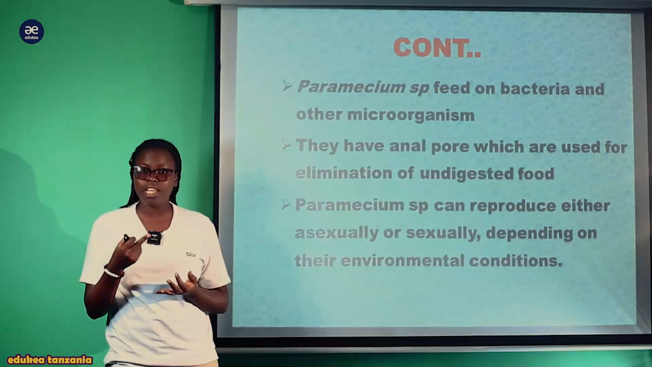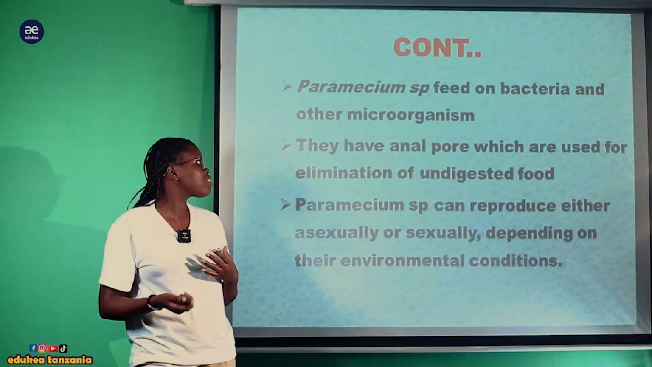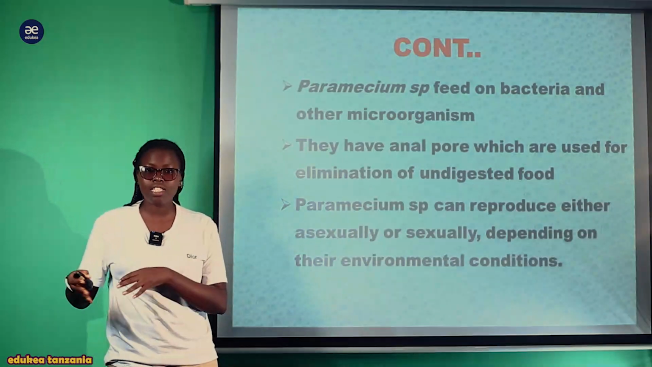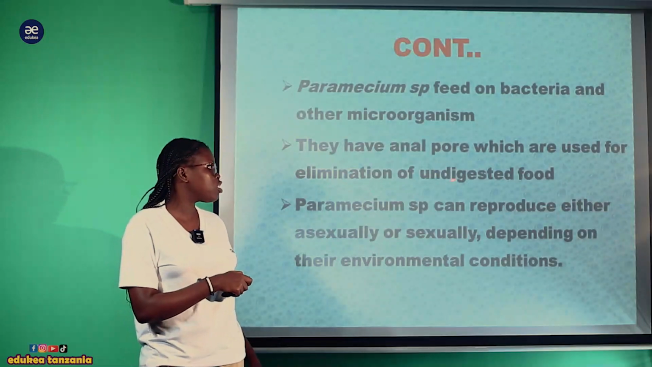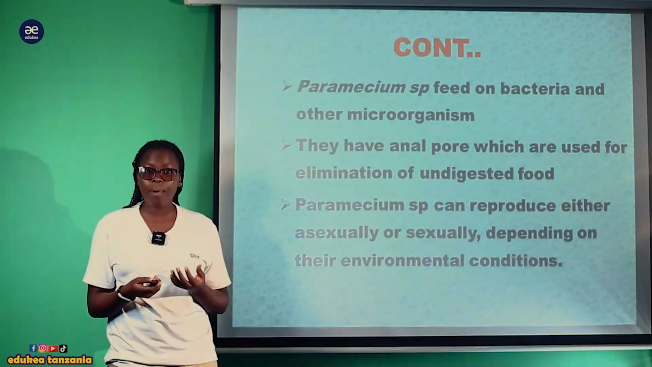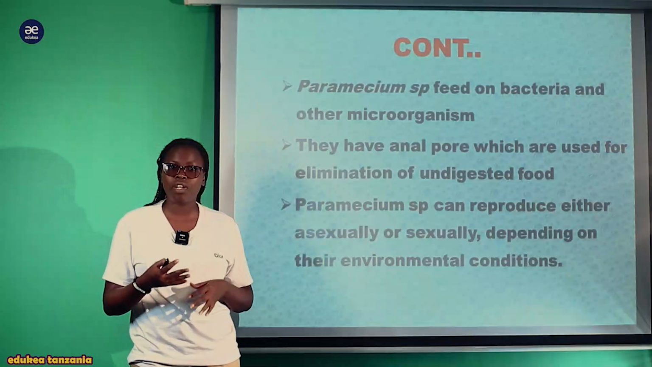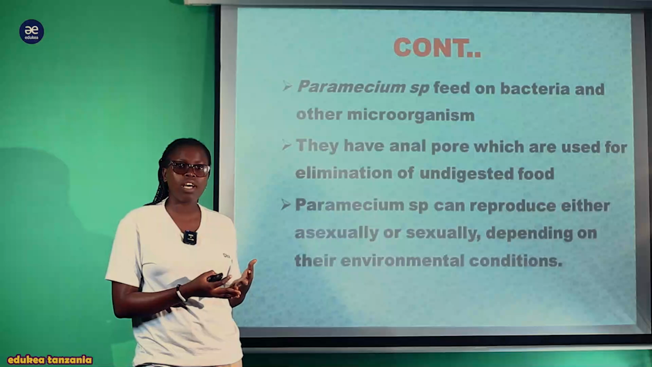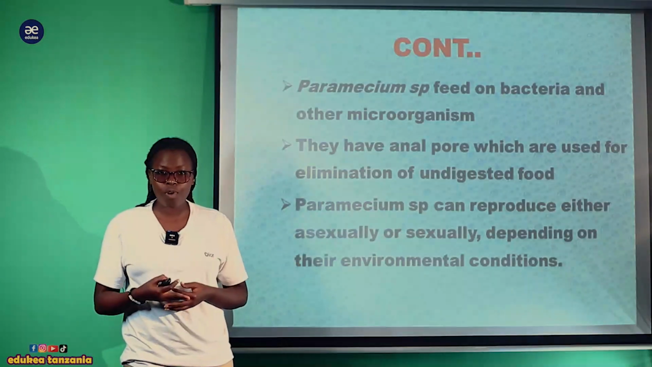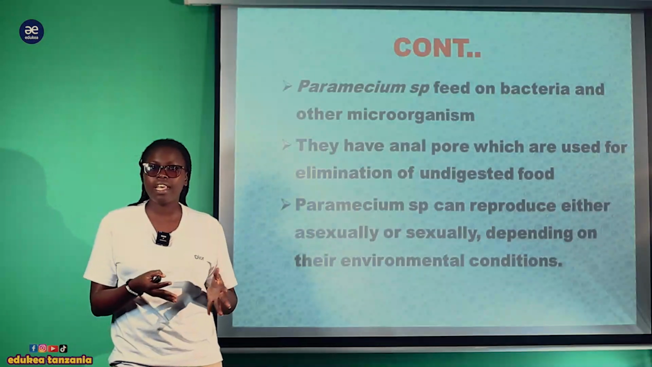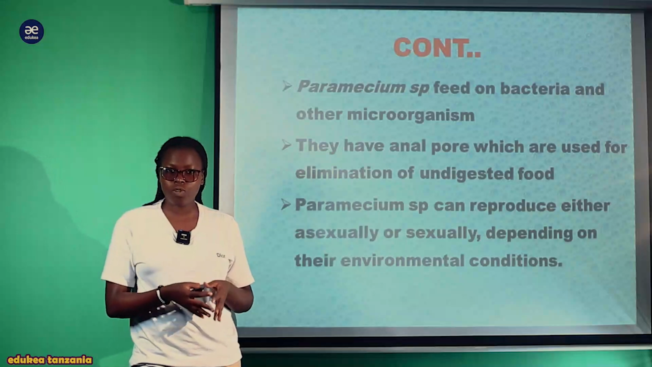Also, paramecium species feed on bacteria and other microorganisms. They are heterotrophic, meaning that they depend on other organisms as a means of food. So they feed on bacteria and other microorganisms, other small organisms. Also, they have an anal pore, which is used for elimination of undigested material. Likewise, the paramecium has an anal pore for excretion, the removal of unwanted material which is no longer needed in metabolic activity within the body. So they are excreted through the anal pore. Because if they are not removed, they can accumulate and become toxic, which can be dangerous to a particular